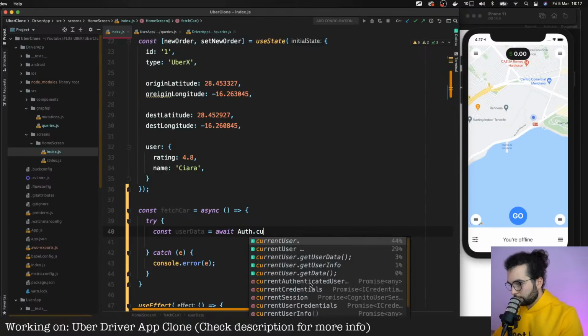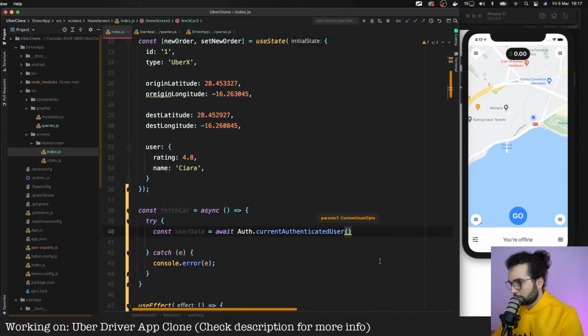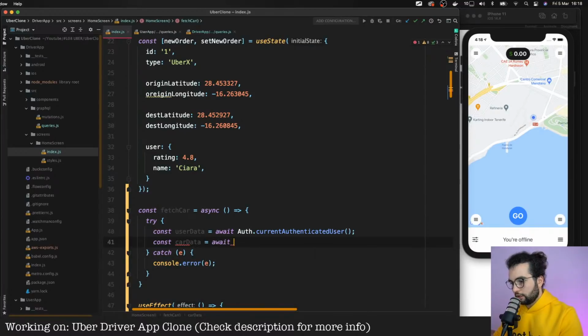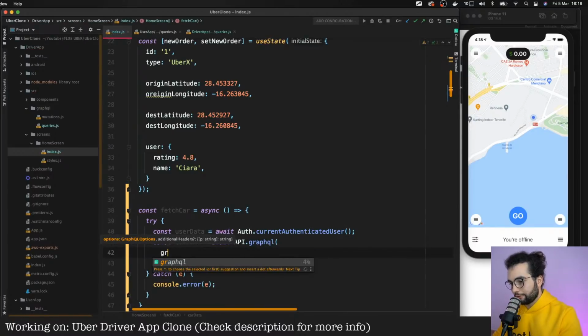Come on, give me good recommendations, autocomplete. CurrentAuthenticatedUser. Then const carData is equal to the API.graphql. We want to do this GraphQL operation and get the information about the car.